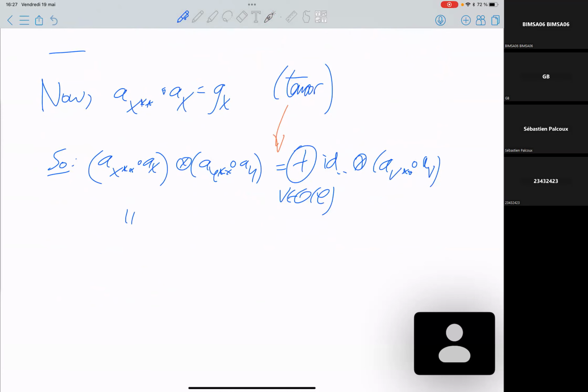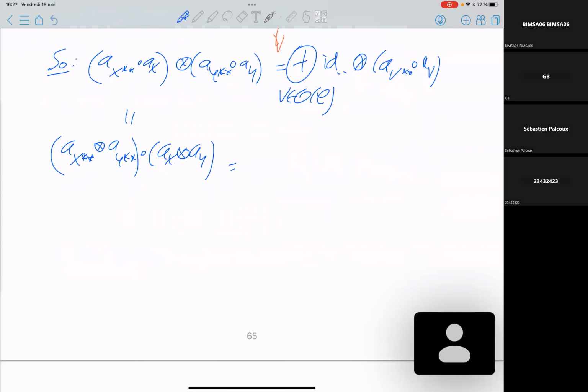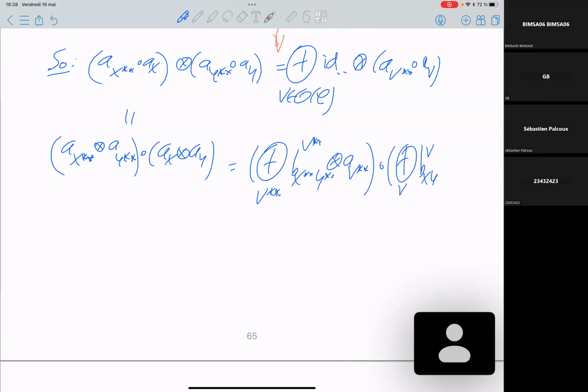It's equal to A_X^* tensor A_Y^*, composed with A_X tensor A_Y, which is equal to the direct sum over V^* of B_{V^*, Y^*, X^*}, V^*, tensor A_{V^*}, composed with the sum of A_{X,Y,V} tensor A_V. But,